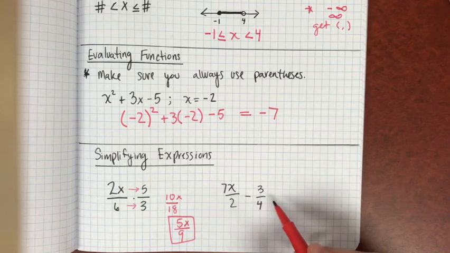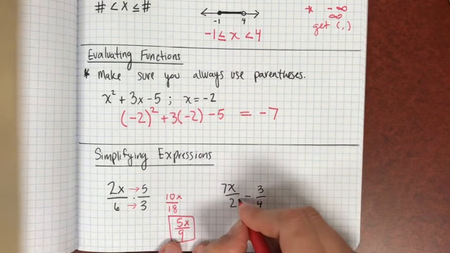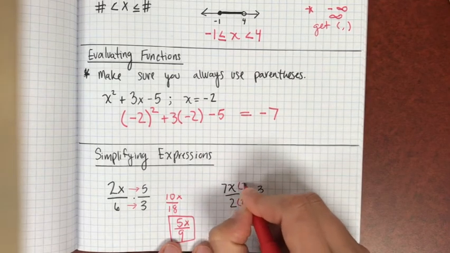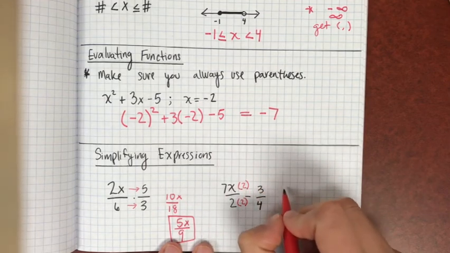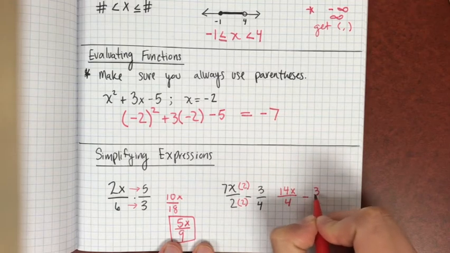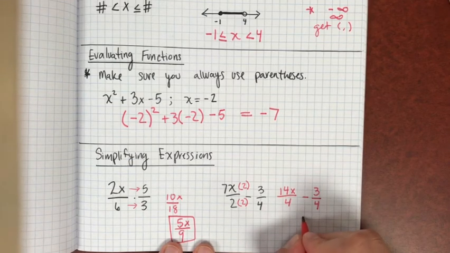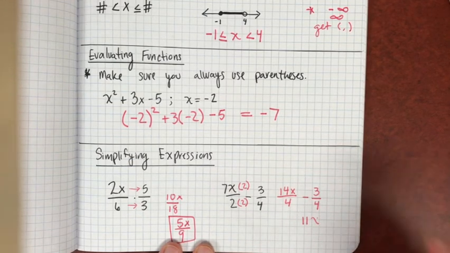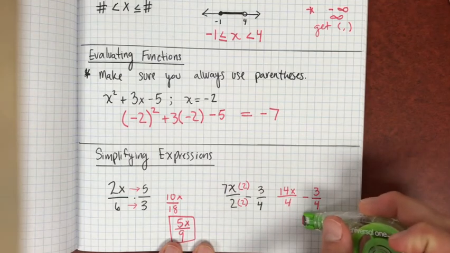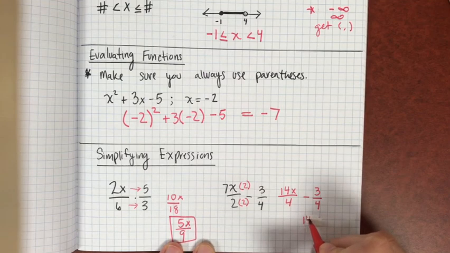Now, when we are adding and subtracting, we need to make sure that we have common denominators, okay? So we can easily multiply our first fraction by 2, and so this would be 14x over 4 minus 3/4. All right, and we can simplify that. We can't combine those, they aren't like terms. We just simply get 14x minus 3